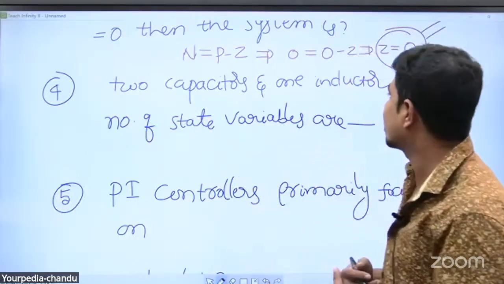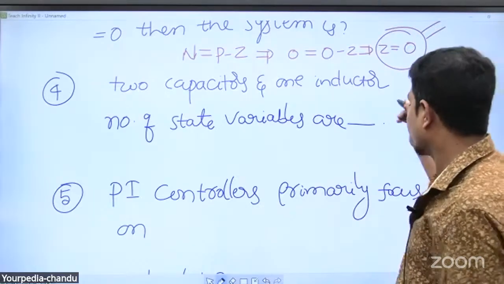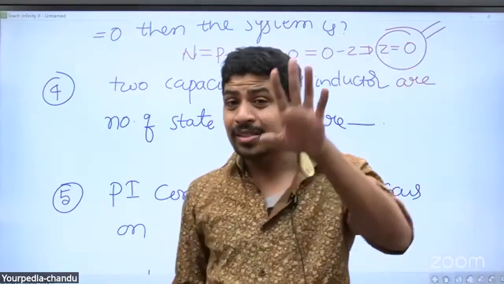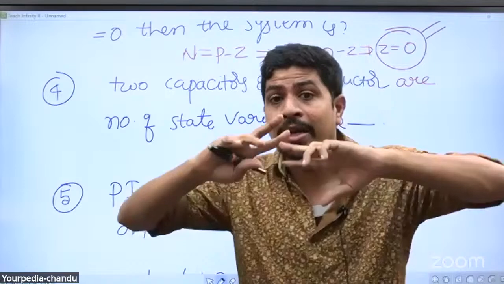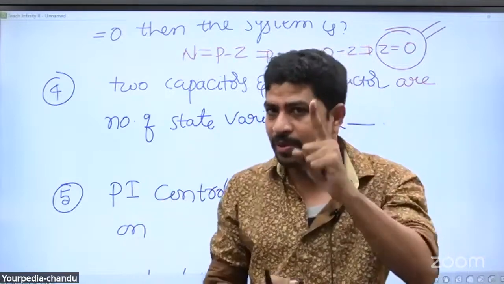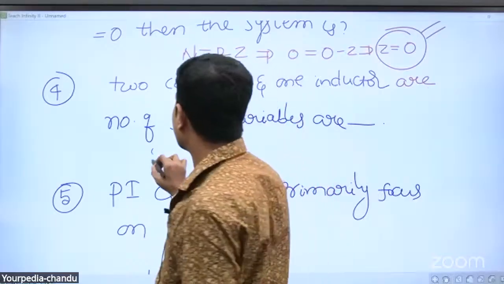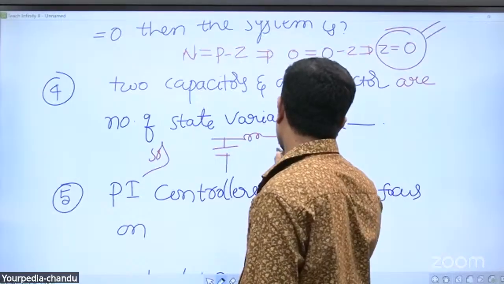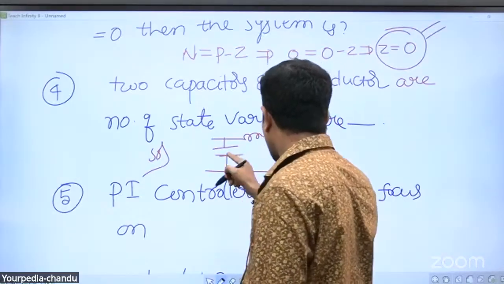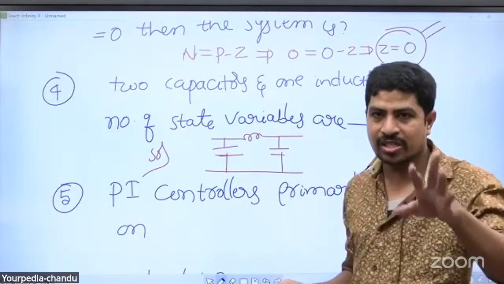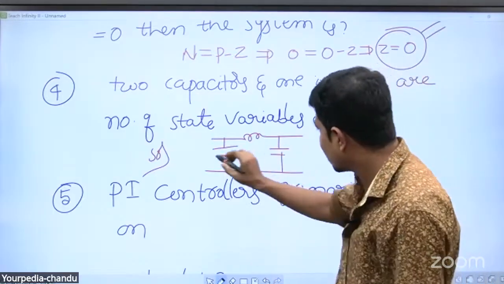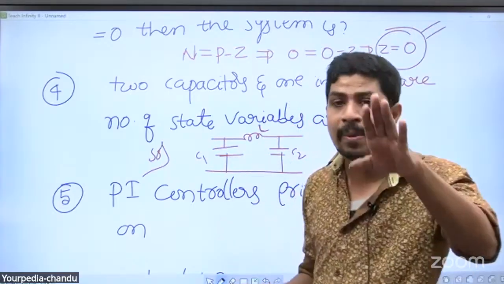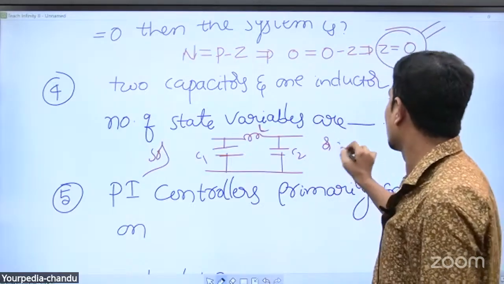That is, two capacitors and one inductor are given. Then the number of state variables is? If the two capacitors are in series or parallel, you can combine them into one. Then the energy storage elements are capacitor 1, inductor 1. Suppose there is a capacitor here, one inductor here, and a capacitor here. These two capacitors you can't combine into one capacitor, as they are neither in series nor in parallel. So it has capacitor 1, capacitor 2, inductor. There are 3 independent energy storage elements. Then the order is equal to 3.